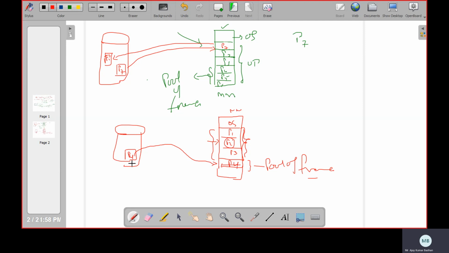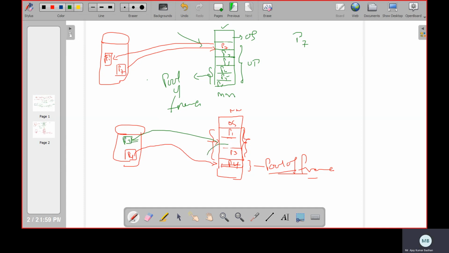Because it doesn't want this particular process to wait for execution, it has given one of the frames from the free pool of frames to this page of the respective process to execute. And once this is executing, the system will try to remove this P2. That is nothing but swapping out. So it will swap that out and allocate P2 here.